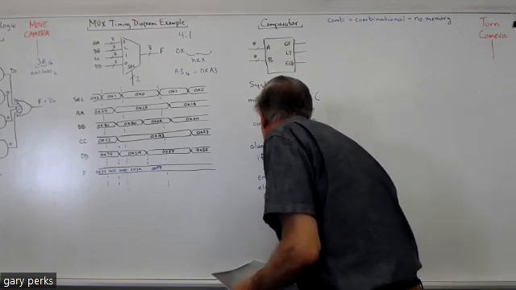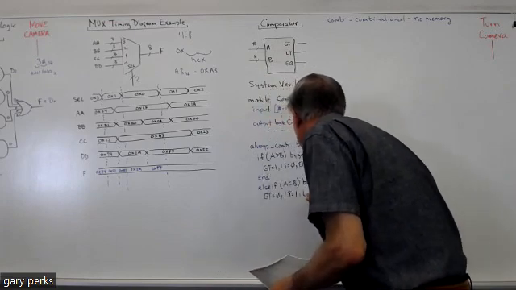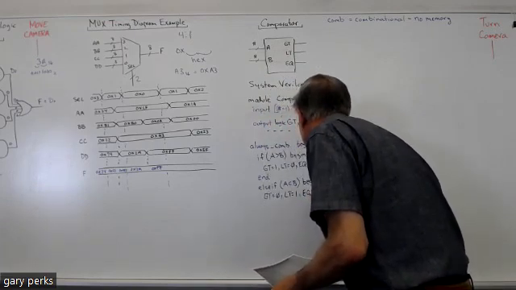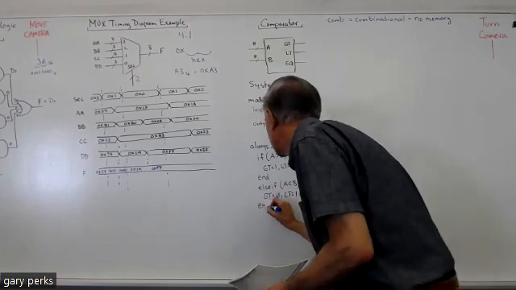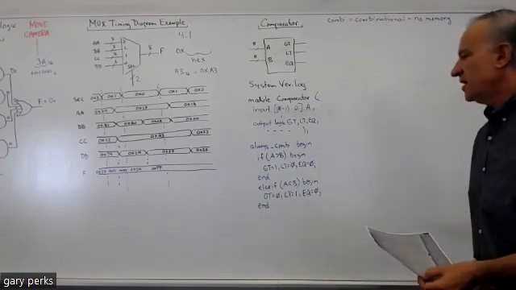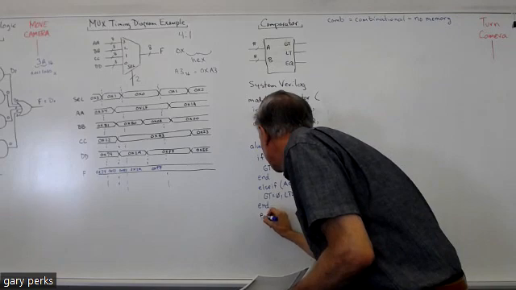This would be GT equal to 0, LT equal to 1, EQ equal to 0. And then you would end it. Okay. And then we would need an else. So we have else